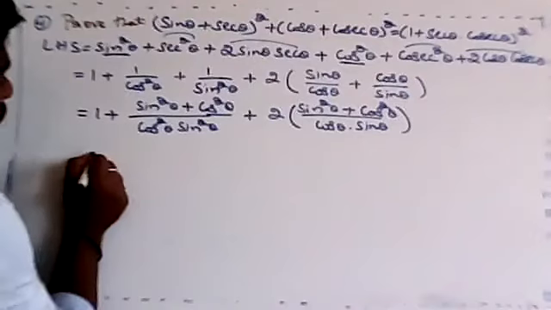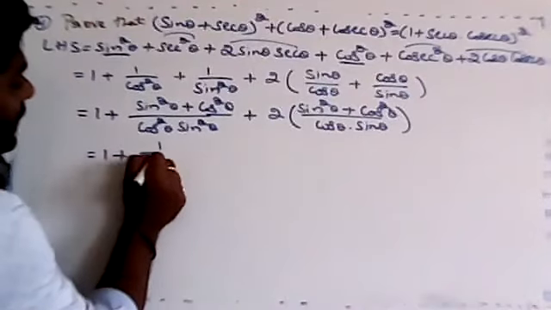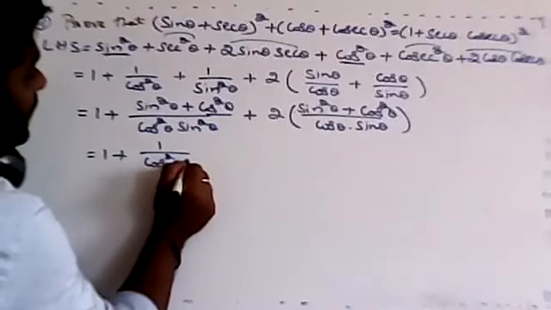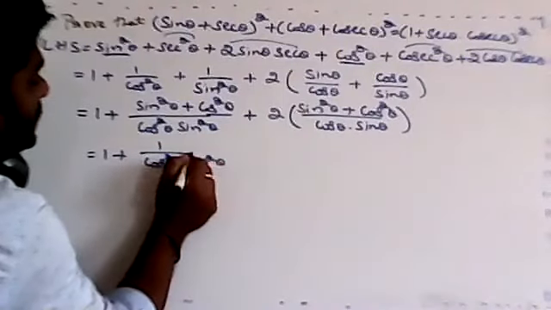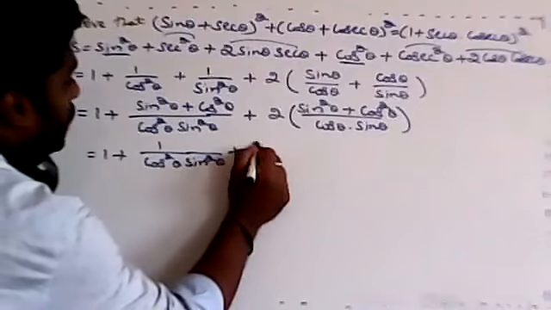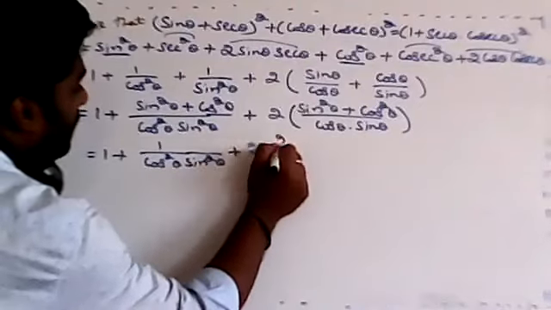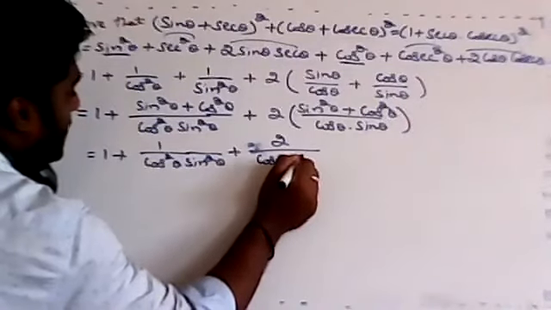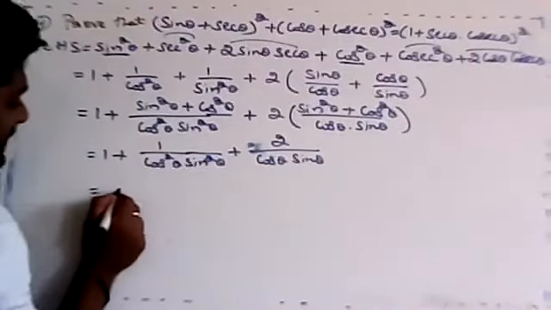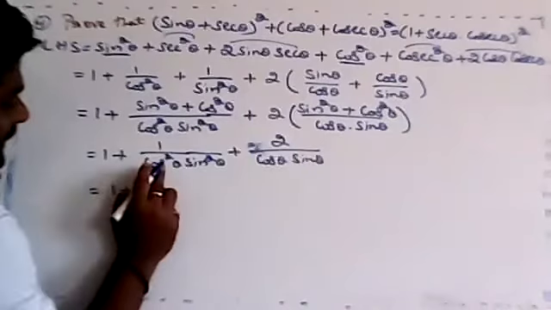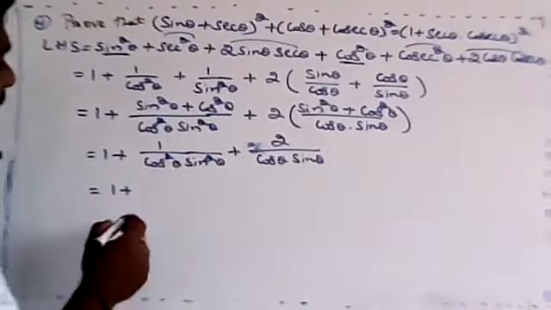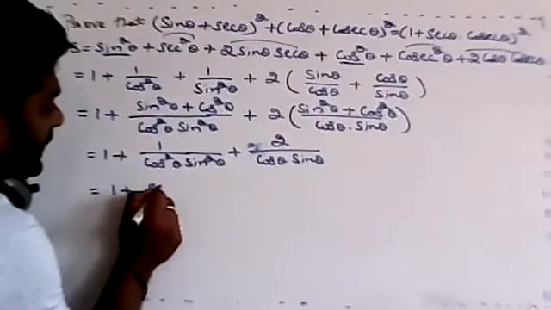1 plus 1 divided by cos square theta, into sine square theta, plus 2 times 2 divided by cos theta into sine theta, because sine square theta plus cos square theta is 1. Or else we can write this as 1 plus this cos and sine reciprocal. We know that, no? When I take it on the numerator, it is what? Secant theta,